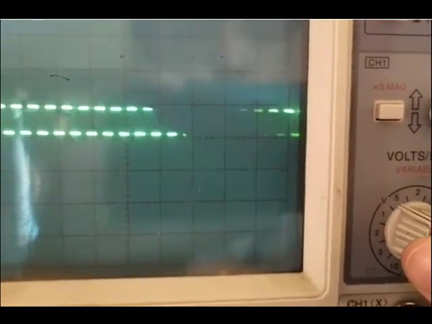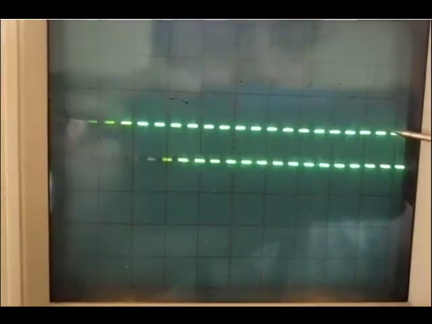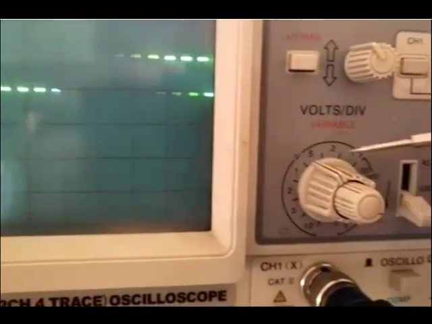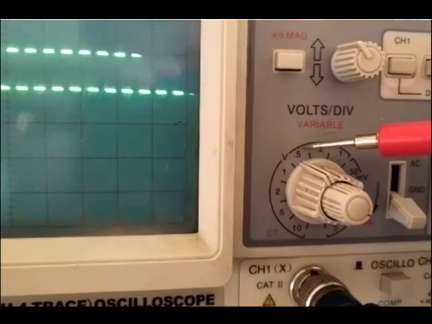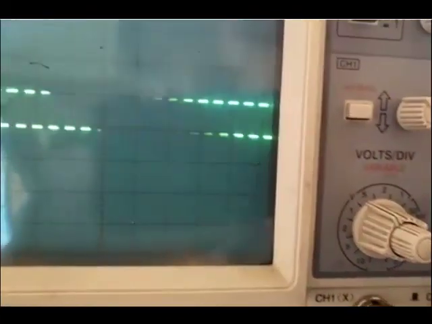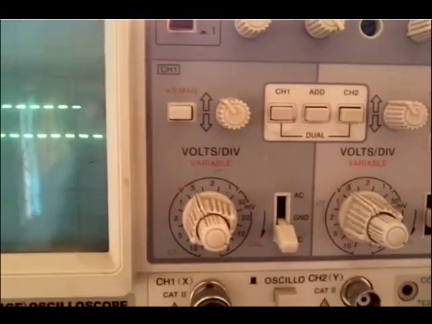So I'm rotating it. So as you can see now, it is occupying one complete box, that is 0.5 volt peak to peak, one complete box, because we have set the voltage per div to 0.5 volt peak to peak. So calibration of this channel is done. Similarly, you can calibrate the other channel also.